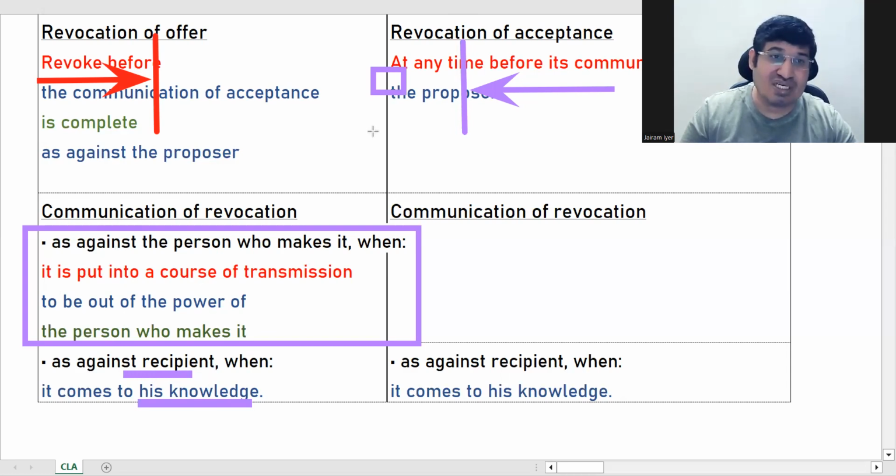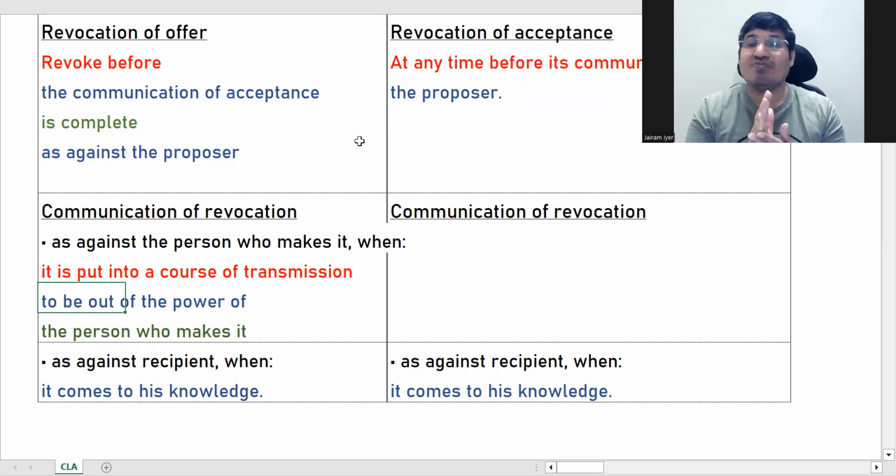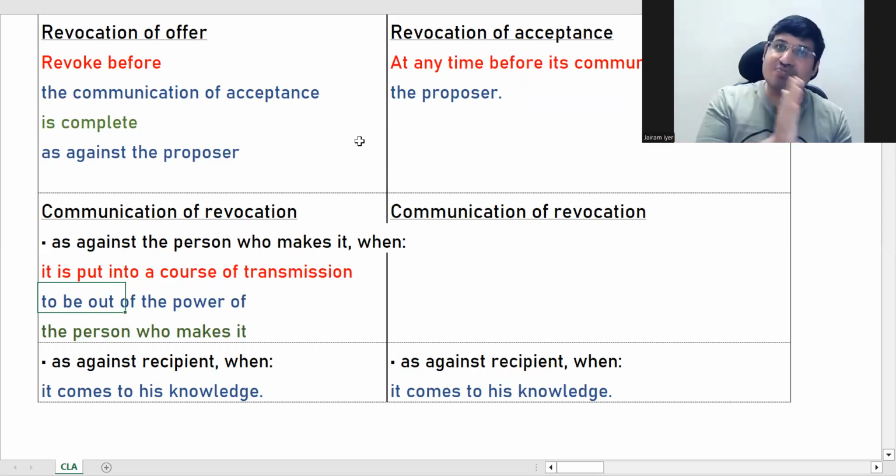So the court will not just see whether it is completed against one person, they will see that it should be complete against both the people. Based on that it will be defined. These are stages of communication which are defined to have clarity in the cases. In the end, what is the main thing? The offer reaching the acceptor, and he has accepted. And revocation, when the person has successfully revoked. Communication only helps us study the time, to find out whether the person who has revoked has done so within the proper time or whether the time was barred.